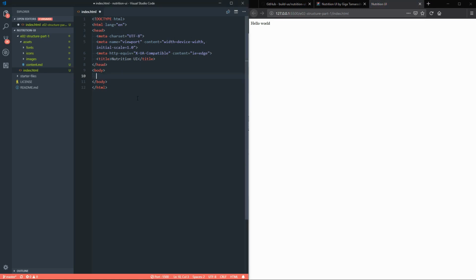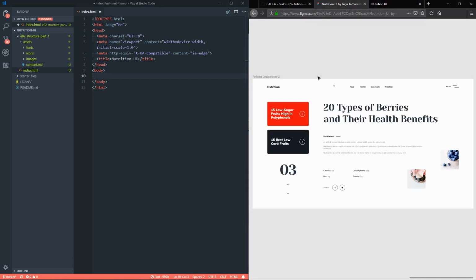Now, the next step that we're going to do is actually just write HTML at this stage. We're not going to worry about styling in terms of our design at all. We're just going to focus on the semantic structure of the design we're trying to build out. And by waiting to tackle the styling later down the road, what this guarantees for us is we have a really clean content hierarchy. Everything is going to make sense if CSS didn't load at all. And most importantly, the website is going to be accessible to all users because we're starting with a really great